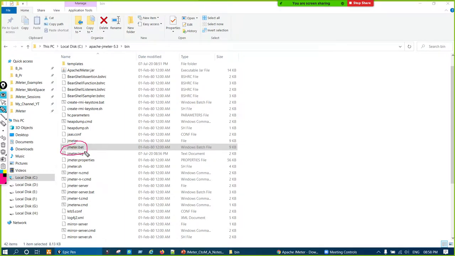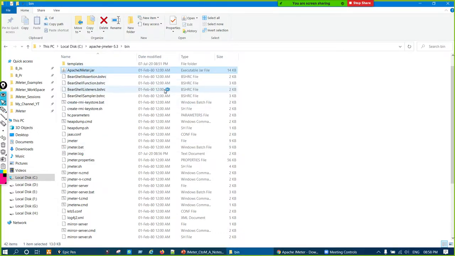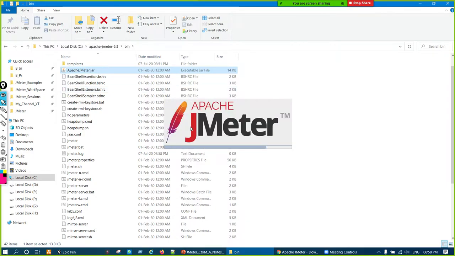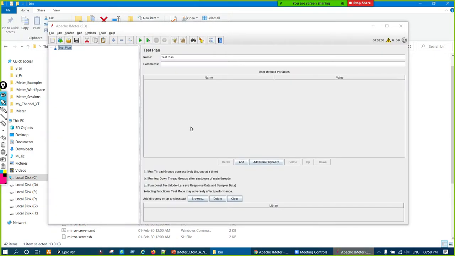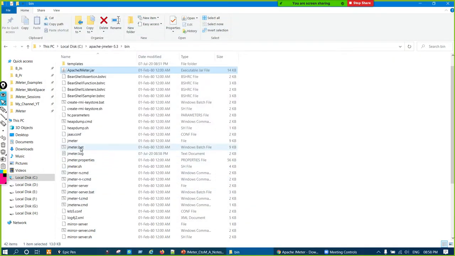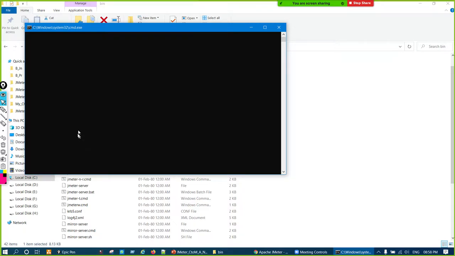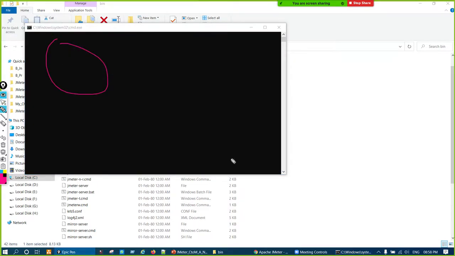The reason is, if you launch from jmeter.jar, that console is not coming. Again, I am launching it. See, JMeter is opening directly, that dark console didn't come. And if we launch from jmeter.bat, the console will come first, and then JMeter will come.